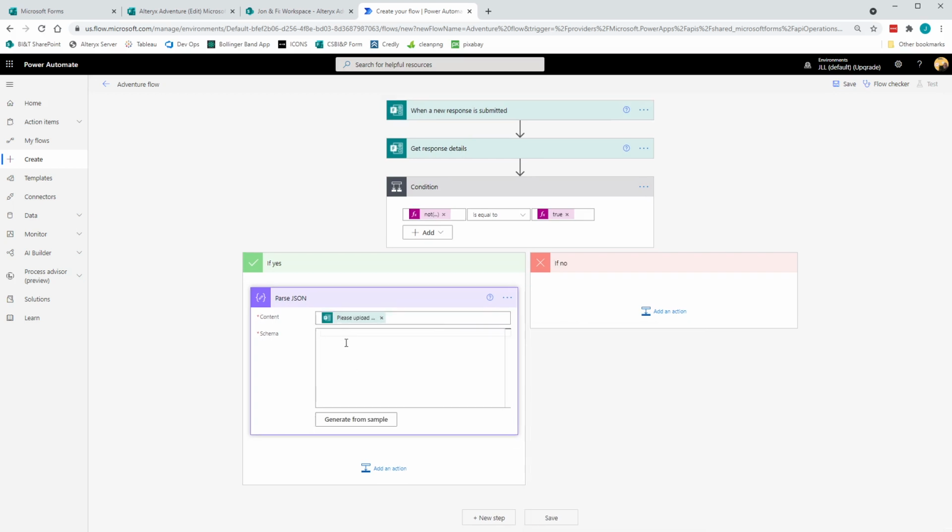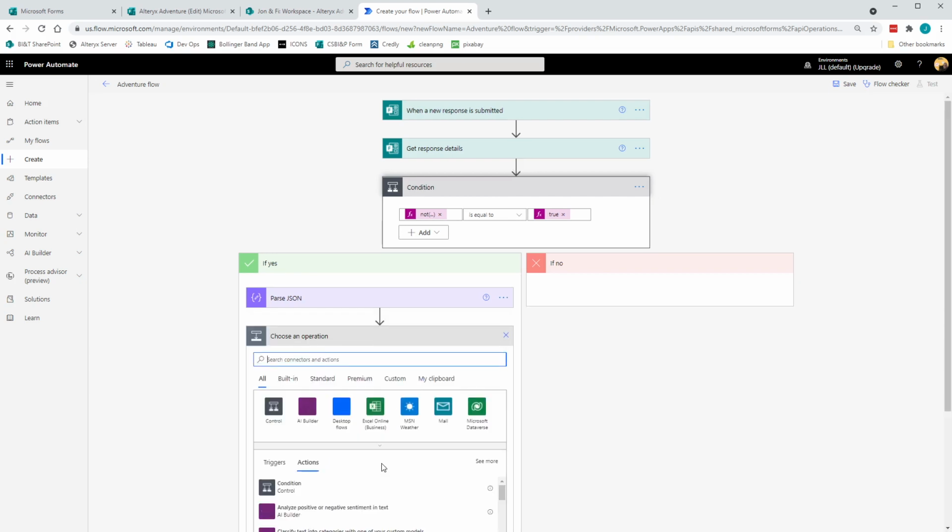And now in the schema, I'm just going to paste the schema values that's provided in the Excel spreadsheet that's got the field mapping. And basically all this is doing is instructing Power Automate what is the structure of the JSON field that we're expecting. So now that I've pasted that string in there,